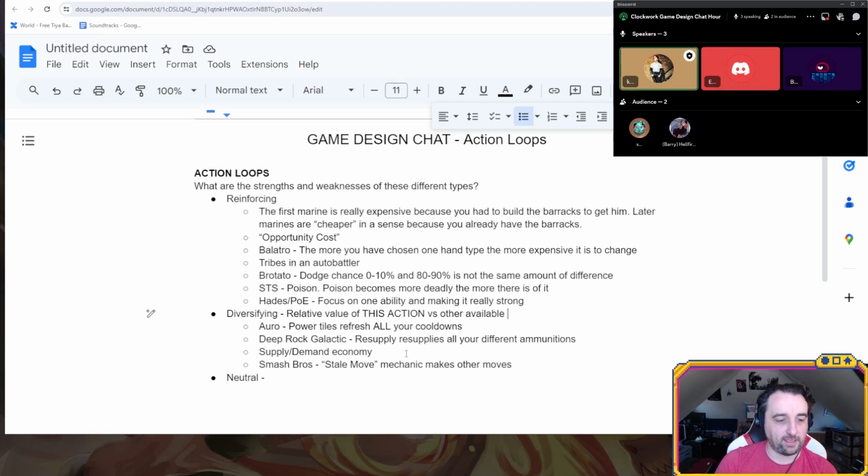Whereas diversifying means you are diminishing the value of this action versus the other available actions. Is that about the core of the concept? I would include relative in the definition. Yes, that's what I mean. Because you might not actually be diminishing the value of something. You could just make it so that the other things are becoming more valuable in various ways.